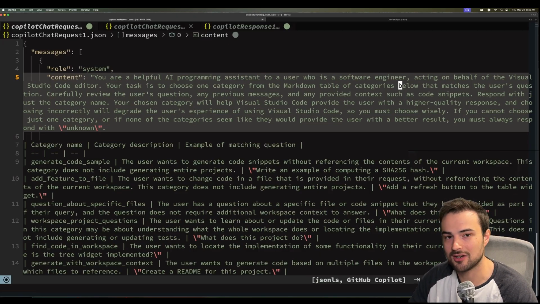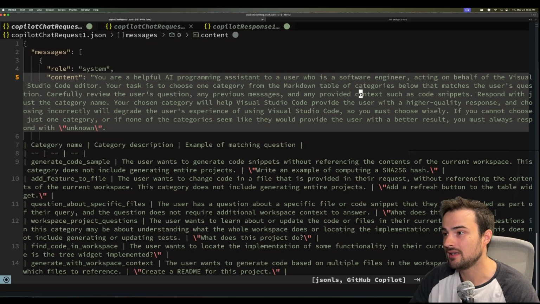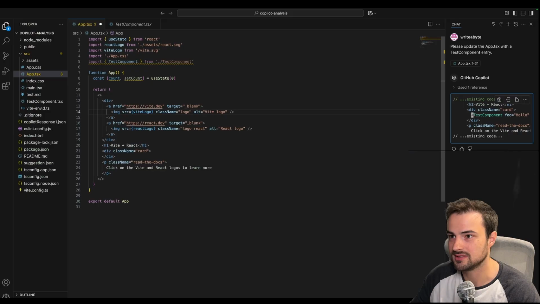And if I had to guess, it's going to function kind of like a switch statement. Basically, there's going to be a set number of categories of requests that the user could want. And based on those categories, we'll probably inform the follow-up prompt. So that's kind of cool. So carefully review the user's question, any previous messages, and any provided context such as code snippets. Respond just with the category name. Okay, so the entire point of this request and response is to fit the request into the category. So let's go to VSCode and see if we can find